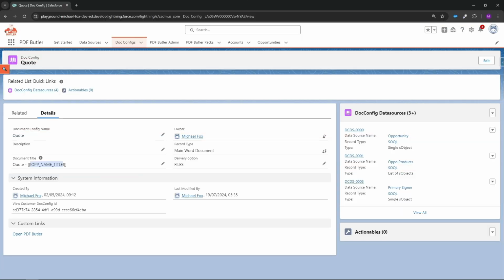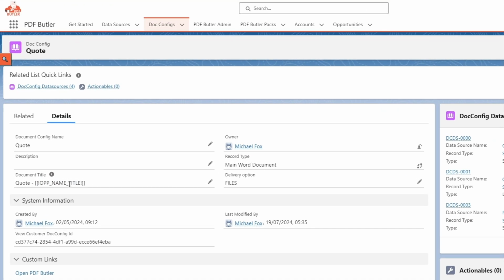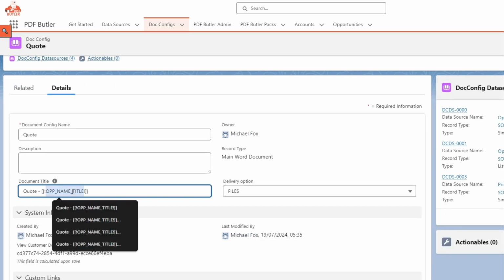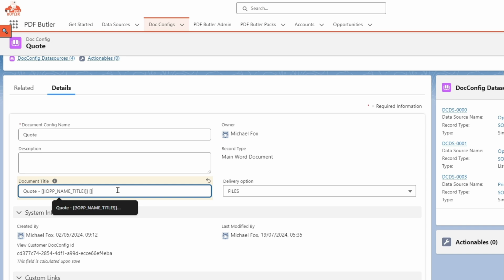Hi, so in this video I'm going to go over how you can put merge fields into your document title section on a .config, which is going to change the file name of the document. So I've got one merge field in here already. Let me put that in my copy, but I'm also going to put in another one to show you how